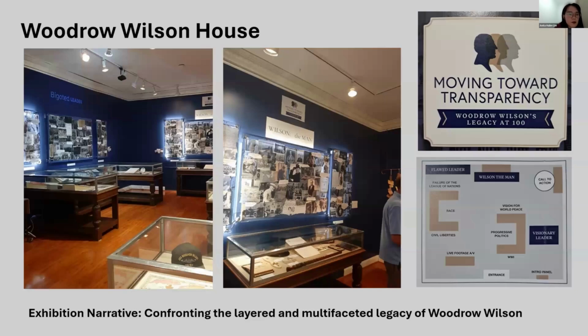So what is the story that the Wilson House is telling us? The Wilson House is currently holding an exhibition called Moving Toward Transparency: Woodrow Wilson's Legacy at 100. The exhibition tries to confront the layered and multifaceted legacy of Woodrow Wilson as a visionary leader who is beloved by the international world for his effort to establish what today has become the United Nations, but also at the